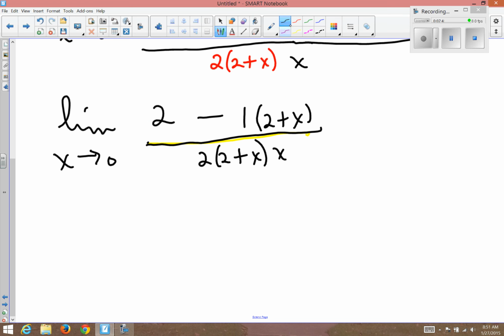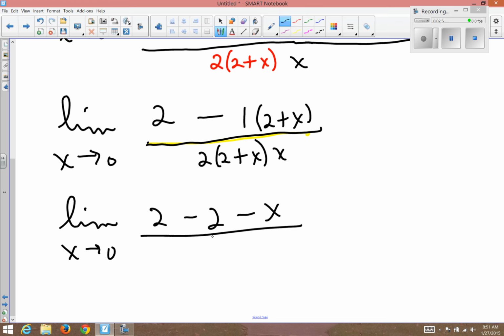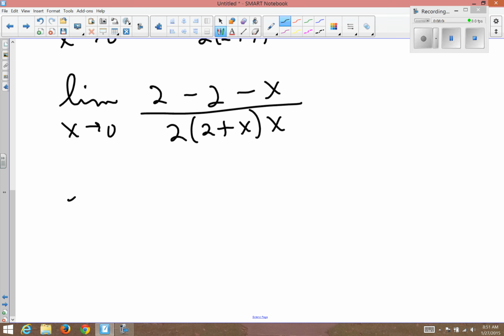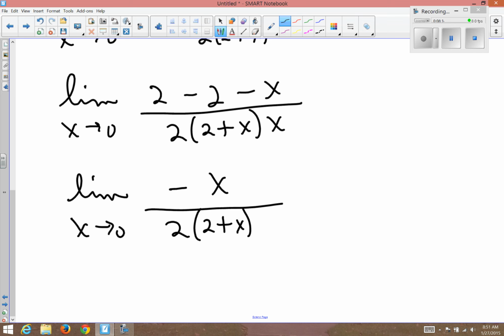Okay, next step, next line. Copy limit as x approaches 0. 2 minus 2 minus x all over 2 times 2 plus x times x. It's just distributing the negative 1. That's how we got minus 2 minus x. And then we have like terms. Limit as x approaches 0 of negative x over 2 times 2 plus x times x. And the reason we left the denominator like this is so that we would eventually be able to cancel this with this,